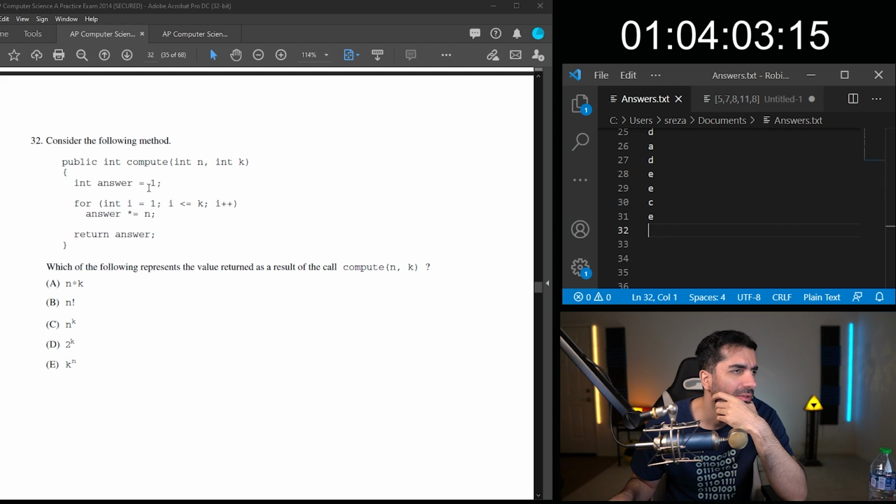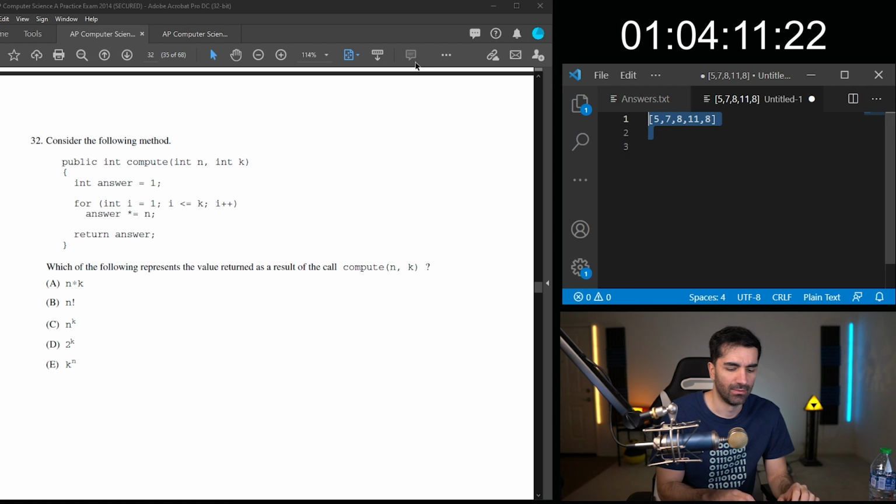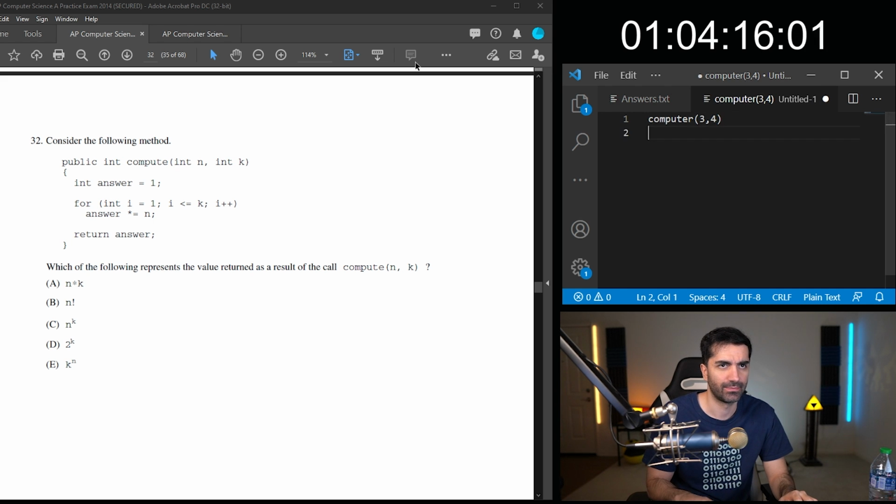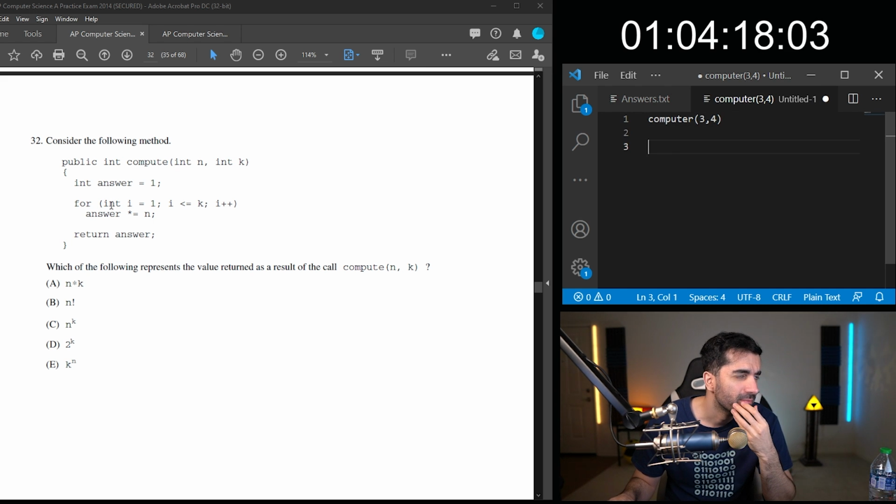So if we have 1, should we try it with like sample numbers here since they're not giving it to us? So let's say this is like 3 and 4. Let me do 5.